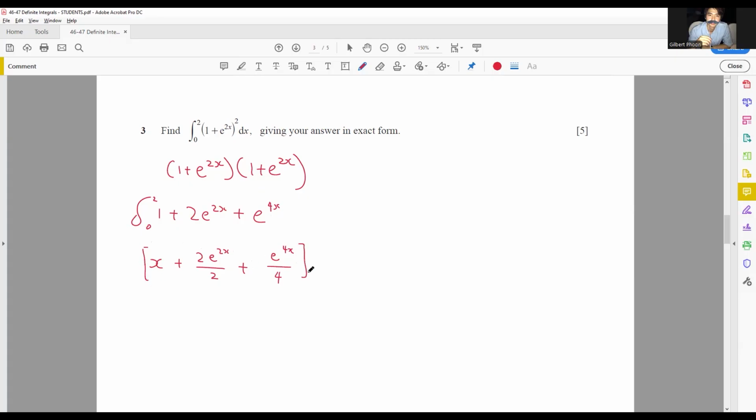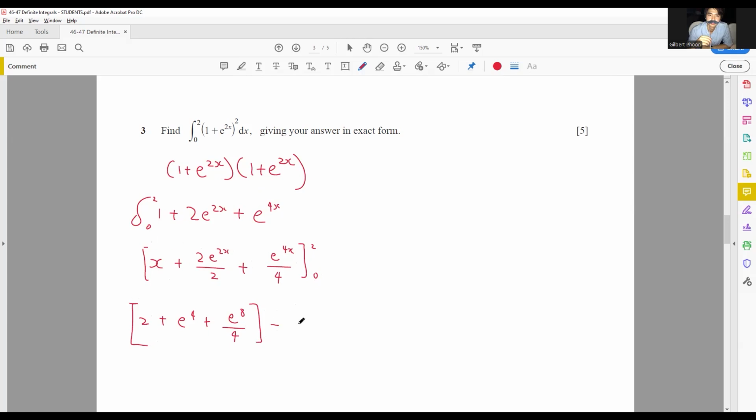Okay? Now, integrate them, substitute the limits, and you would have 2 plus e to the power of 4 plus e to the power of 8 over 4,